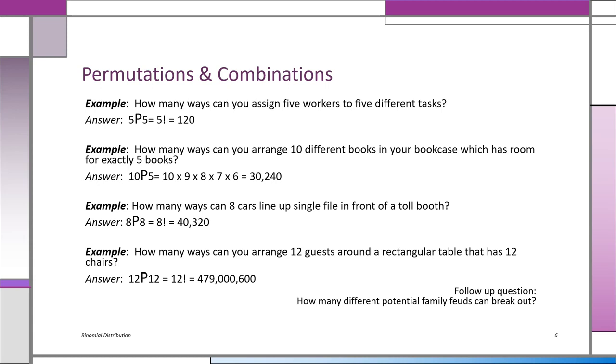Well, the chairs are like the slots, so the spaces. So n is 12, the 12 guests. You want to put them around the table that has 12 chairs. That's 12 permutation 12, which is 12 factorial. And look at the incredible number that is,